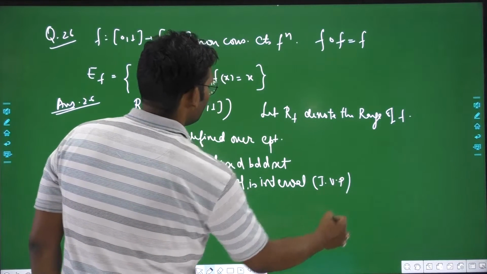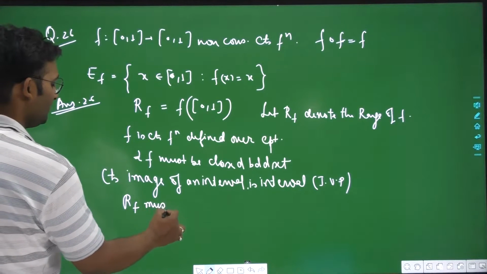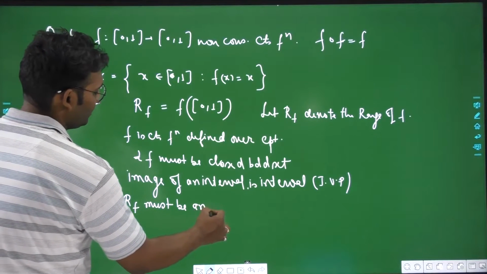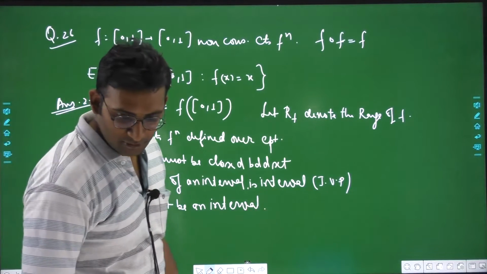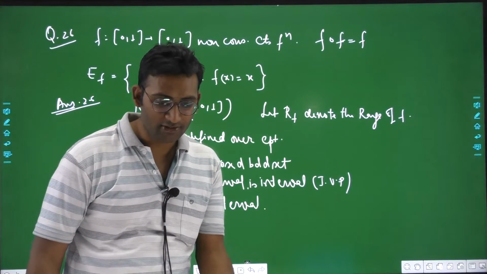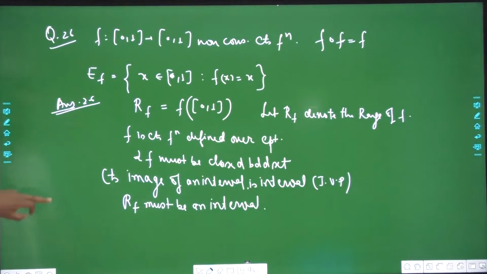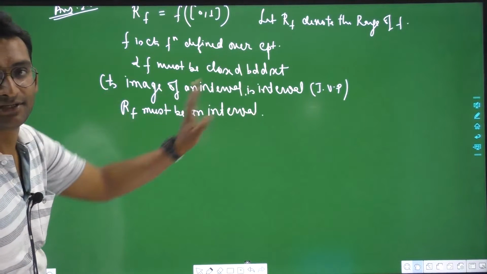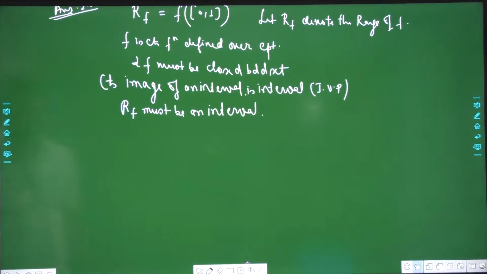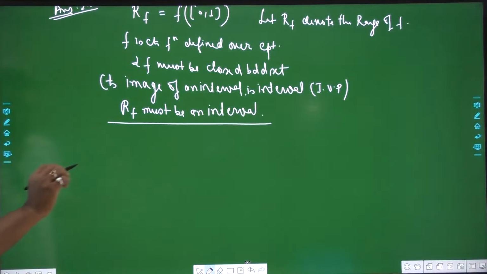So I can say that your range of f must be an interval. पहली चीज, यहाँ तक कोई दिक्कत नहीं, क्योंकि जो ऑप्शन में पूछा जा रहा है उस हिसाब से मैं कर रहा हूँ। बिकॉज ऑप्शन में पूछा जा रहा है EF is an interval, EF is non interval, EF is empty, EF is neither closed nor open, इस तरीके से क्वेश्चन पूछे गए, दैट इज व्हाई। तो सबसे पहले देखते हैं EF हमारा कहीं ऐसा तो नहीं एम्प्टी सेट है। सो लेट अस सी दैट वेदर और नॉट EF is empty. सो देखिए यहाँ तक ठीक है, रेंज मस्ट बी एन इंटरवल बाय इंटरमीडिएट वैल्यू प्रॉपर्टी।